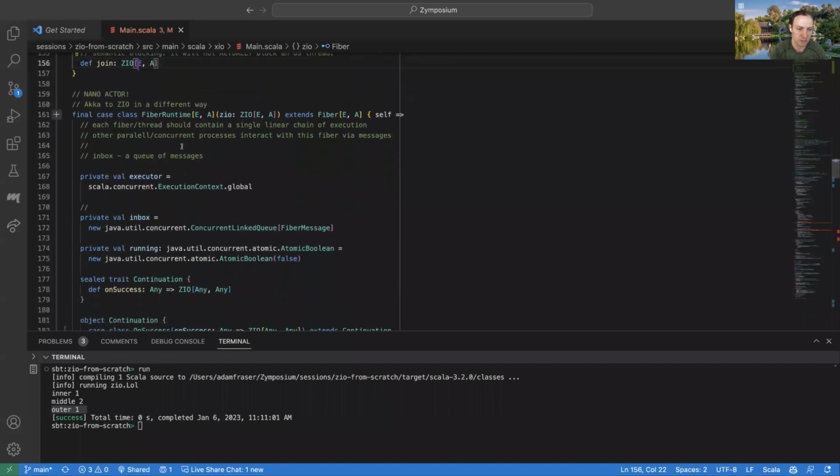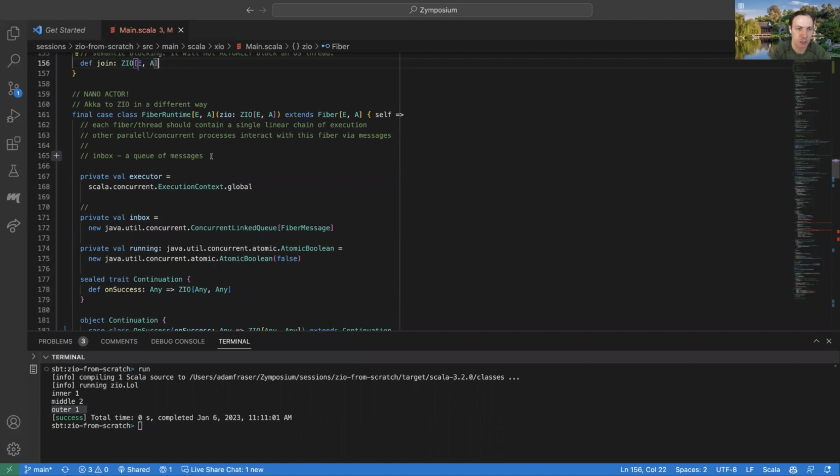And so what ZIO 2 does is it moves to more of this actor-based model. Actors are something that I think can be overused, right? I think a little bit of the problem with Akka was that every problem is solved with an actor, and not every problem is ideally designed for an actor.